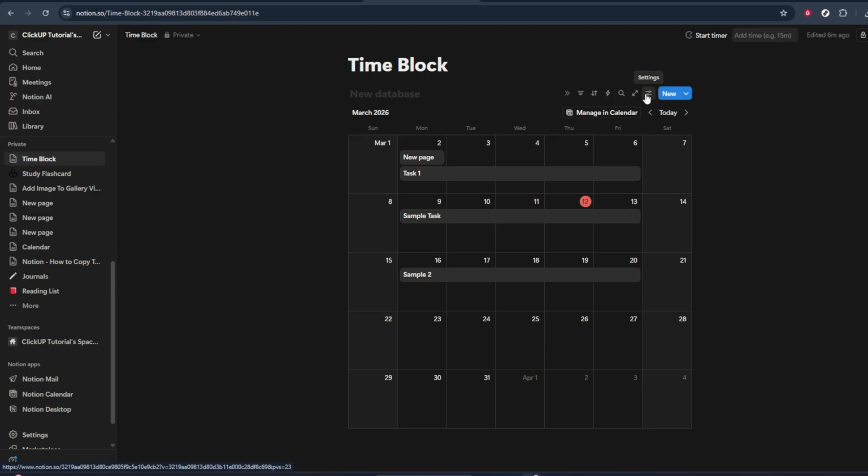You'll now see your task visually placed on the calendar, spanning the exact time period you selected. Repeat this process for other important tasks in your day, clicking and dragging on different time slots to create separate blocks. By launching Notion, opening your calendar,